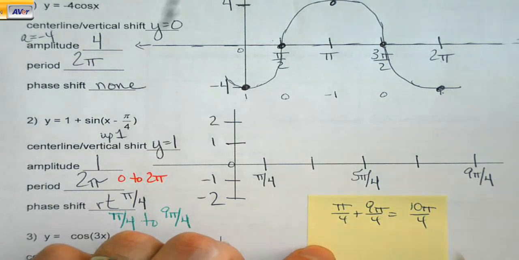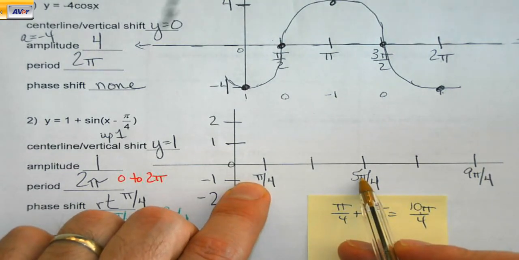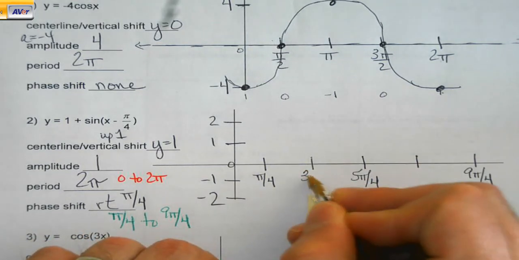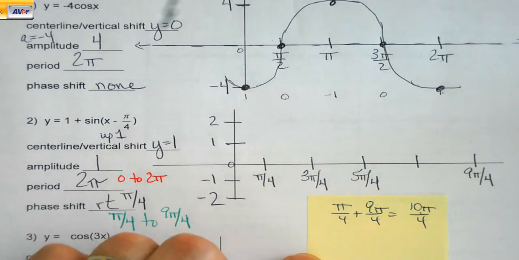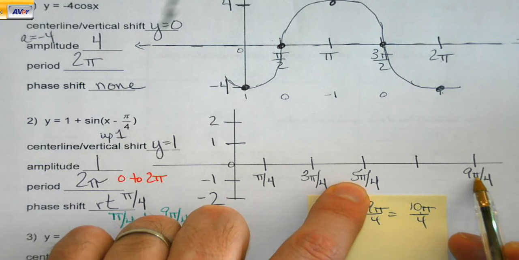Okay, I'm looking to cut 10 over 4 in half. It's 5 over 4. What's in the middle of 1 and 5? Well, 1 plus 5 is 6. Cut that in half. It's 3. So I'm basically just finding averages. 5 plus 9 is 14. 14 divided by 2 is